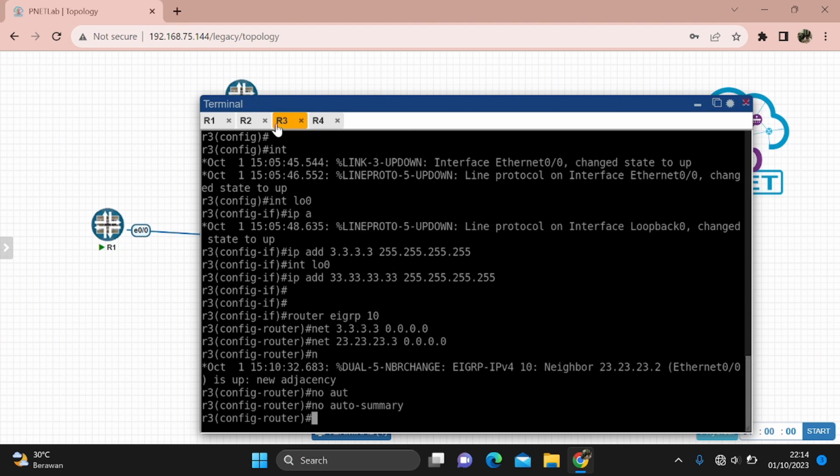And then move to router 3. Configure the EIGRP.